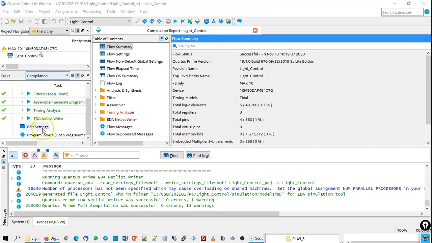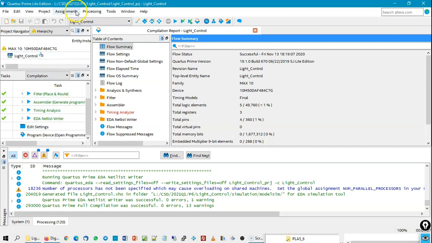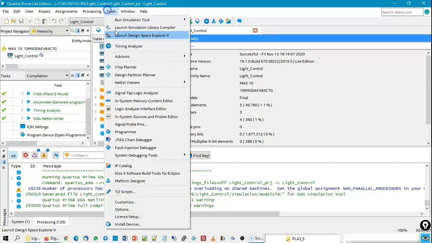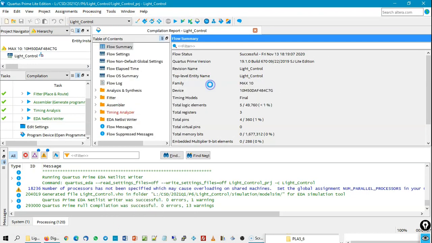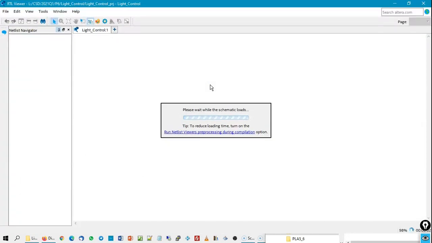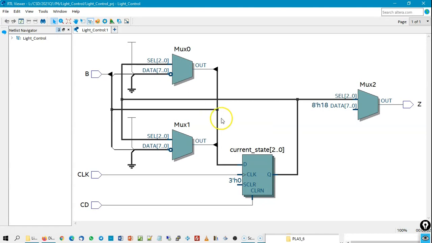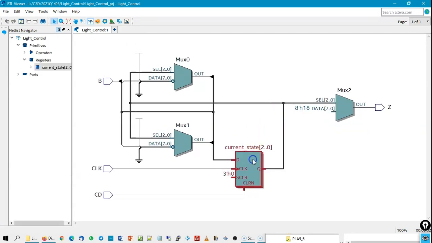So the same project has been resynthesized again, and now you will see that the tool netlist viewer RTL is different, because there is no way to go to the